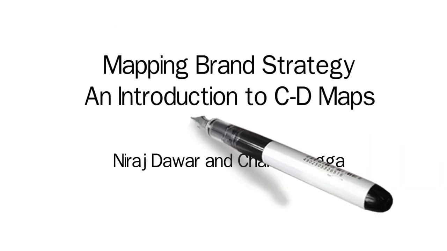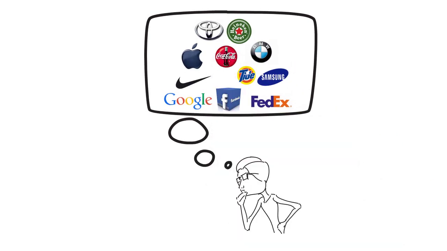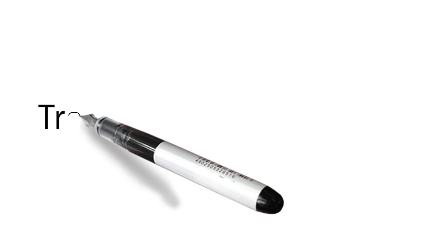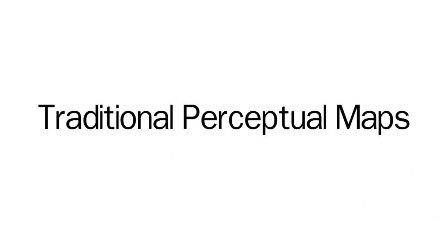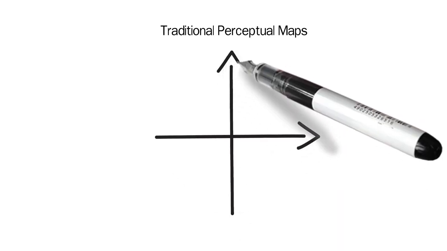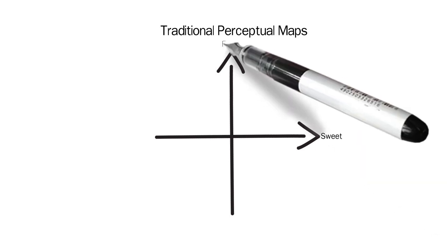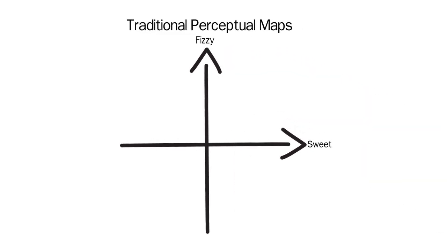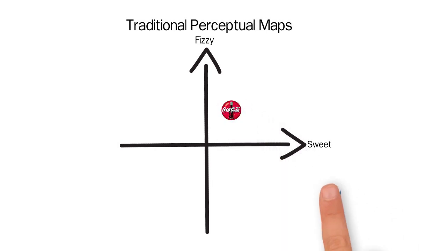Marketers have always wanted to understand how brands and markets are represented in consumers' minds and how their brand is positioned relative to competing brands. Traditionally, marketers have turned to perceptual maps to represent dimensions of a marketplace. These are maps that combine two or more dimensions that consumers use to make choices among brands in a product category. Placing brands on these maps allows marketers to visualize their brand's relative position in the marketplace, plot strategy, and